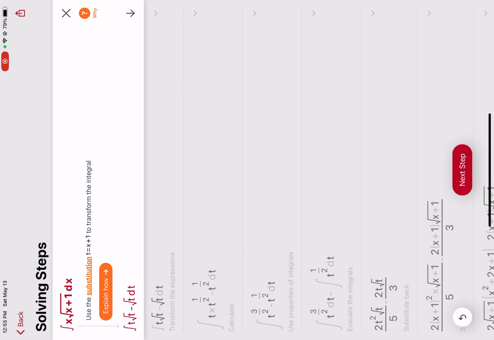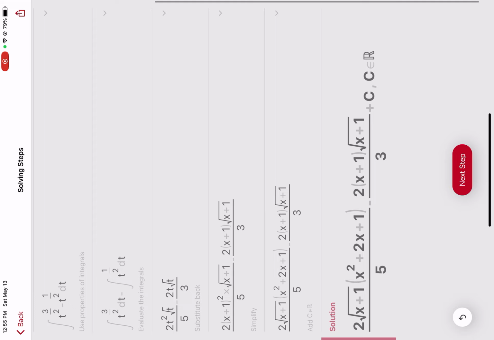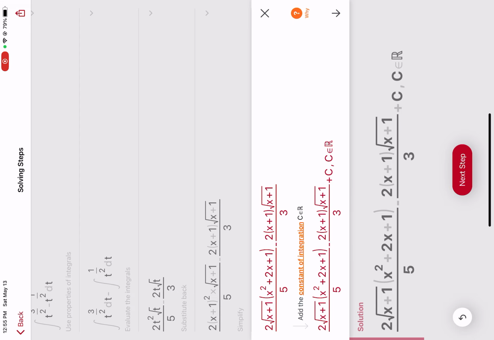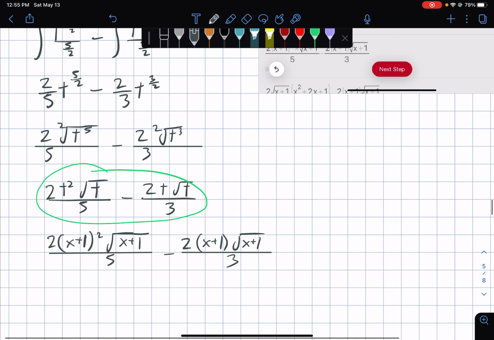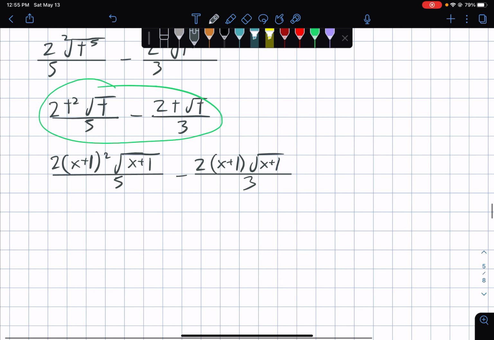And then the next step would be, okay, we convert this into square root form. Sorry, square root form, and then